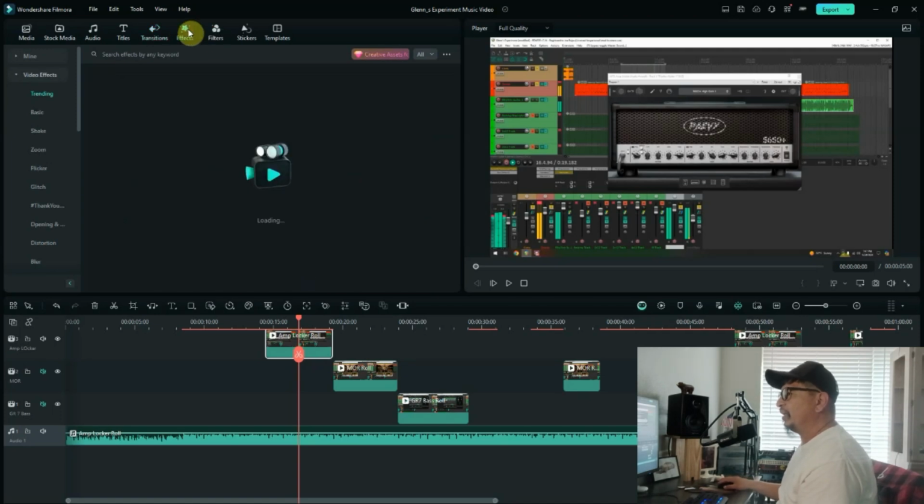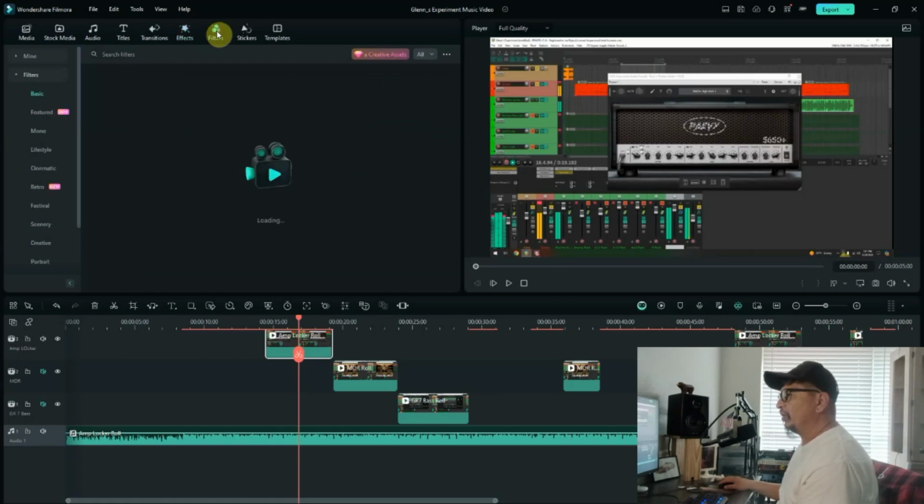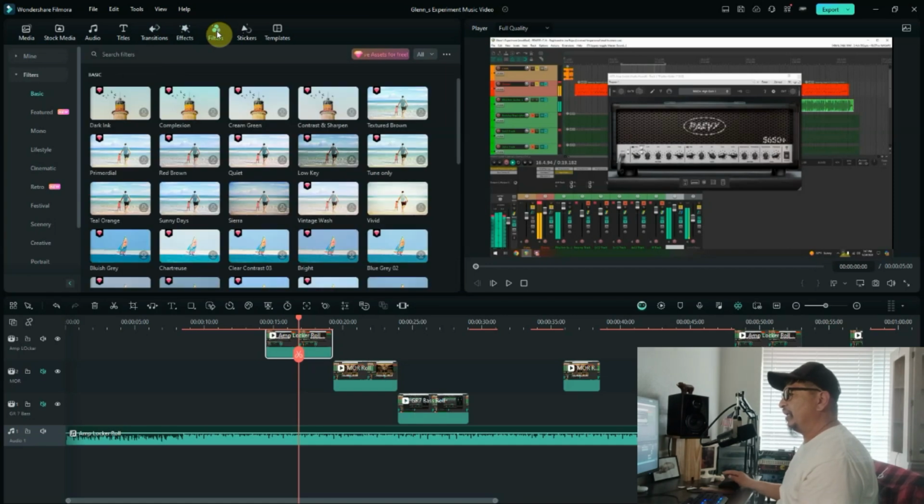Now you've got your effects. When you have your effects, you can see these give you certain things. Say, for example, you want to blur. You want to give it a bit of a blur effect. Also you can see you can get negative colors. Also right here you've got filters, which can help you with your